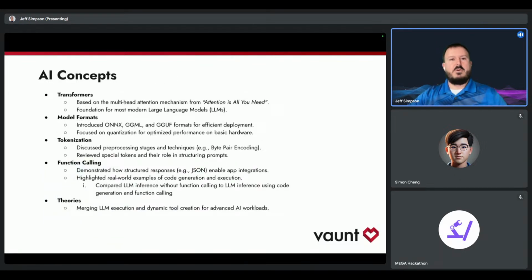And just to give a brief overview of some of the high-level AI concepts we've come into touch with, these AI LLMs are largely based off transformer architecture. If you're not familiar, you can check out some of the multi-head attention mechanism information that's out there. And additionally,